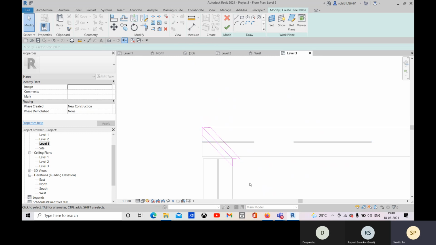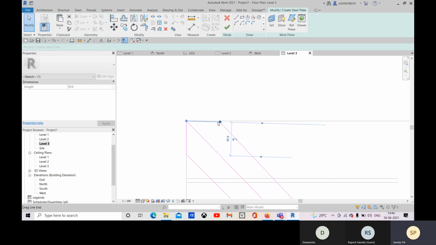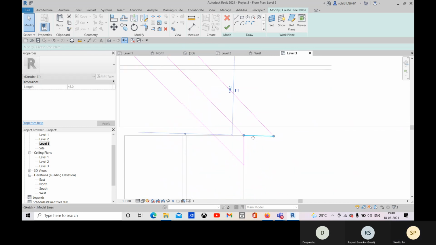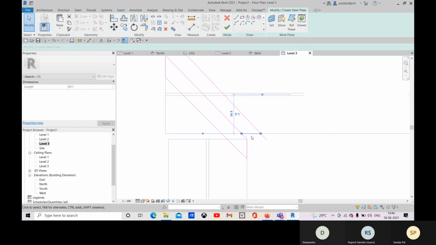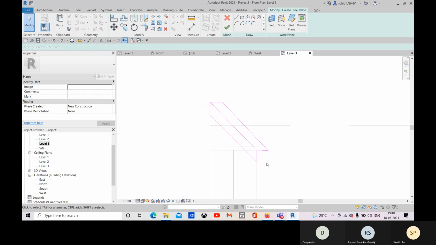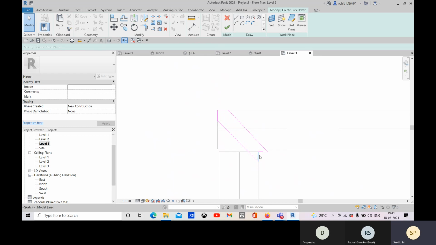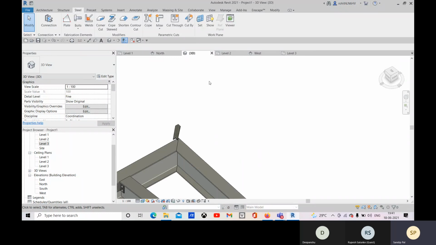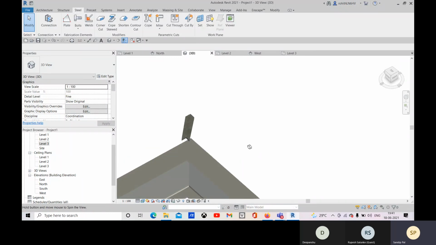This is the axis. And for this one, let me have it till here. Okay, and then let me go for finish, and let me go back to 3D there,